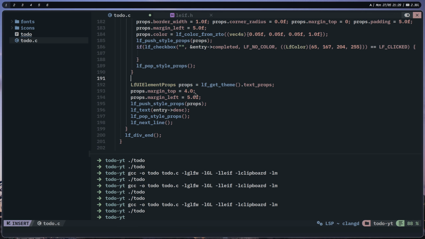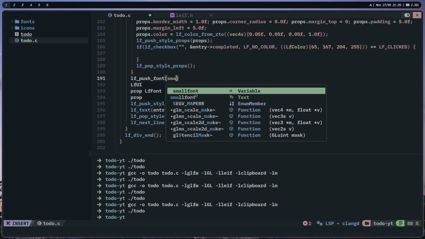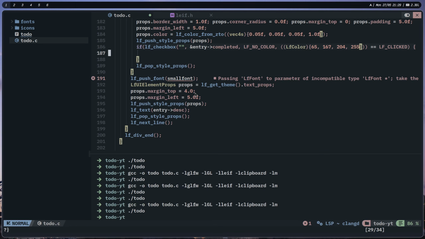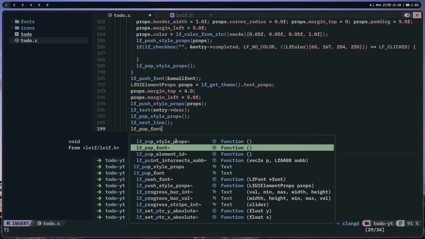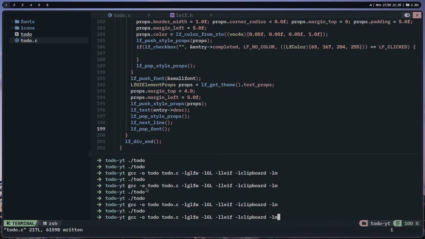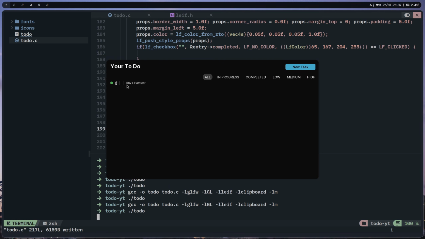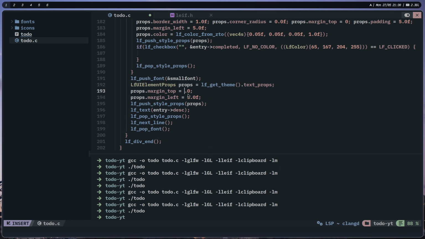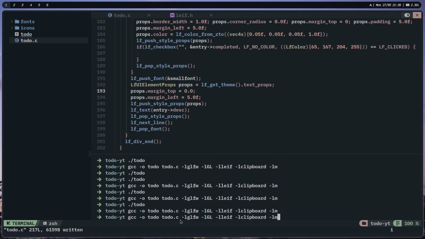Okay, so what happens if we do elif push font small font? Going to be a very small to-do task. Okay, so elif pop font. Still looking kind of nice. And if I have 0 in here,